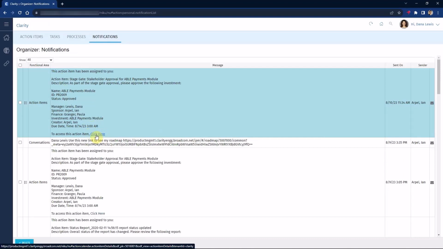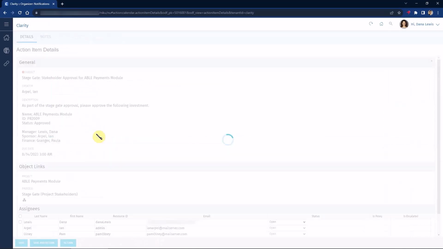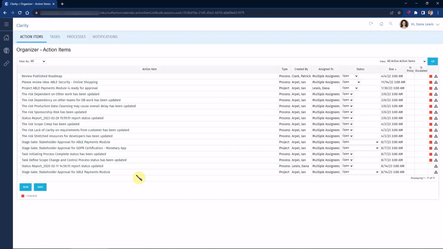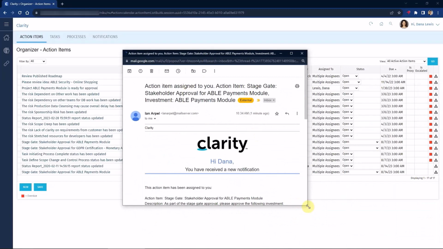Again, keep in mind the flag was unchecked, so that means when I click on this specific one, it takes me to the classic UI's action item page. All right. I will not act on that. I'm going to go back out. I, as a user, also got the email notification, which is right here. I got the email notification,